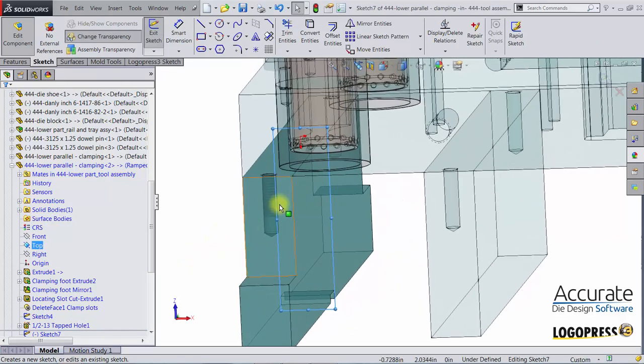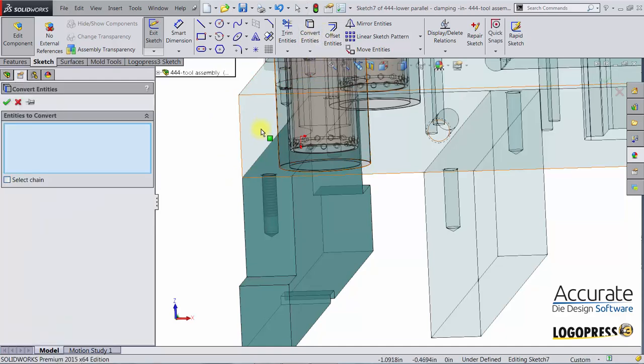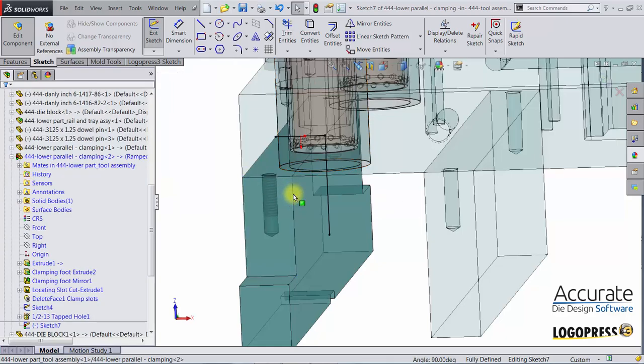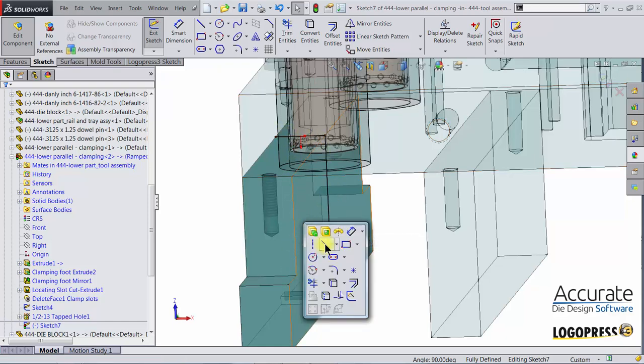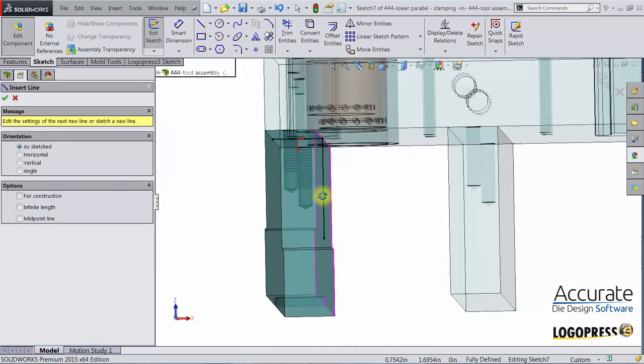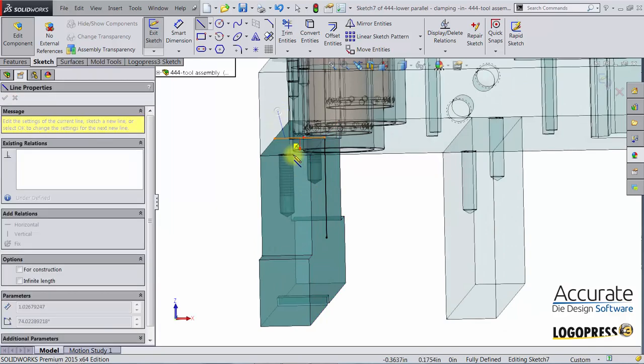I'm then going to convert some entities. So I'm going to select Convert Entities, select this edge, and select this edge. And I got those two entities converted. Then I'll just draw a line, an angular line, something like this,